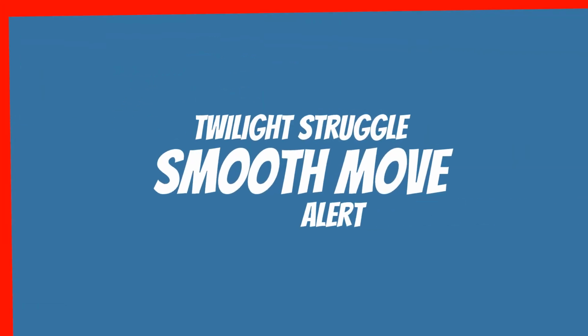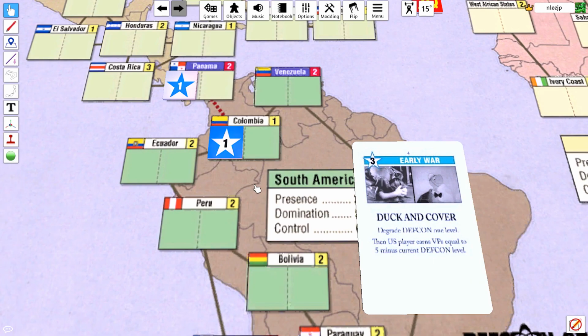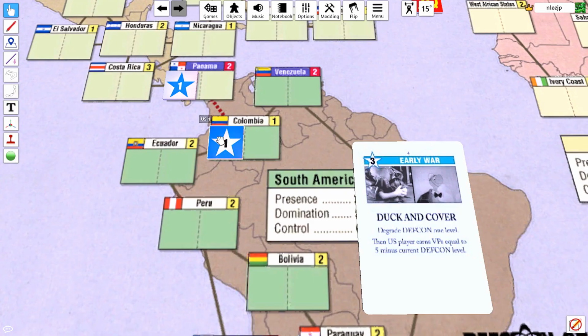So in this case, you could use Duck and Cover to coup Colombia. In that case, that would degrade DEFCON likely down from 3 to 2 and would prevent the US player from getting that first battleground state coup that they were counting on. So it's that kind of mindset of how to use this card creatively to protect your gains and stymie the